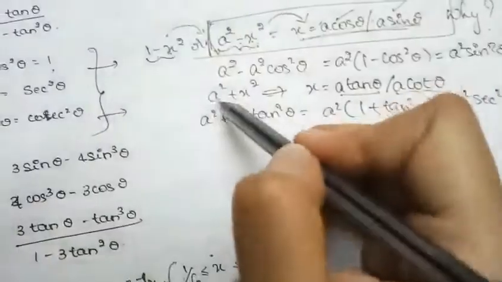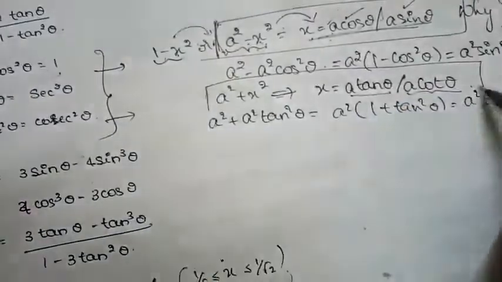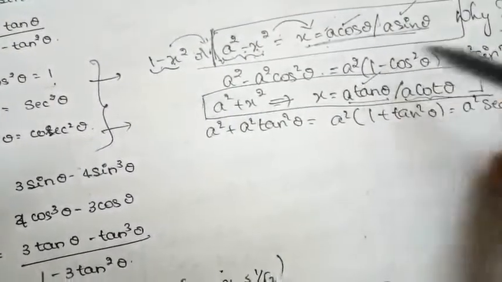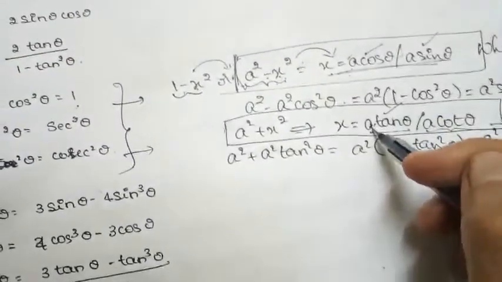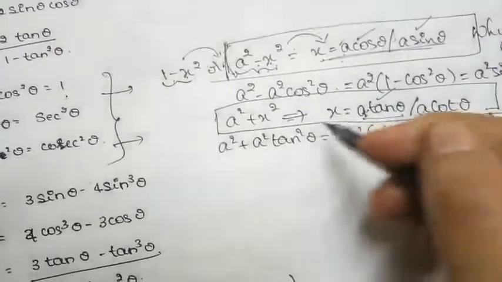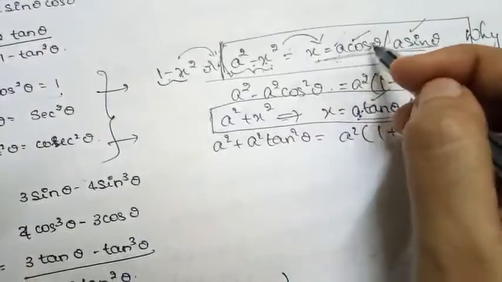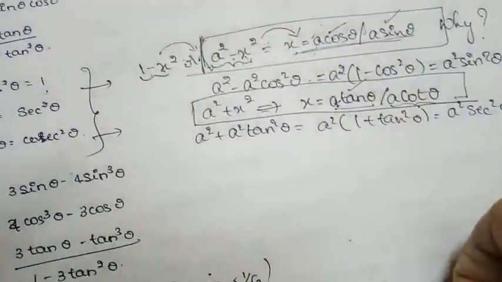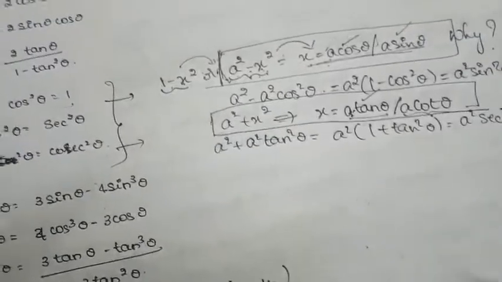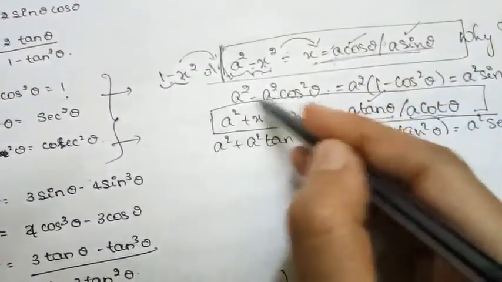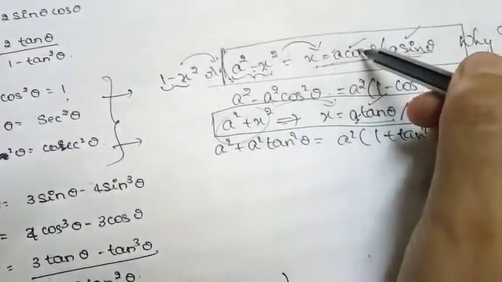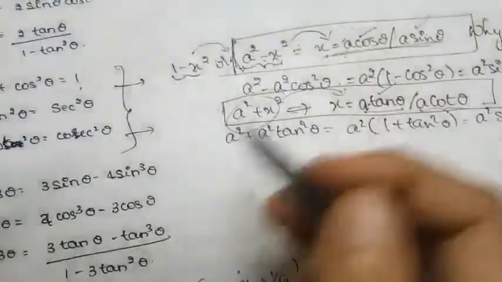So the thing is, suppose it is in this format, our idea should be that x should be replaced by either a tan theta or a cot theta. In this case we can't replace it by either a cos theta or a sin theta. At that time simplification is not going to be so easy. So in this format we are substituting by either this or this. In this format we are substituting either this or this.